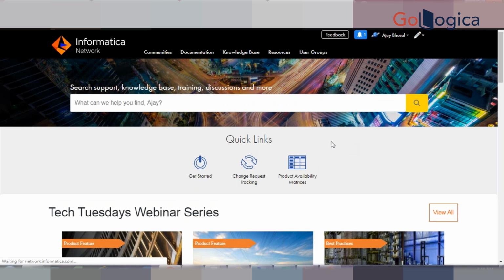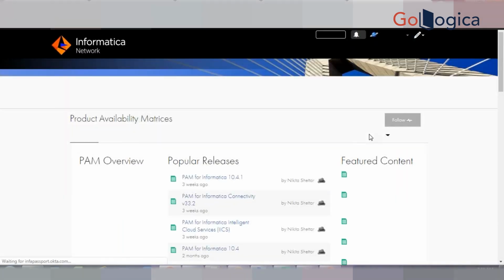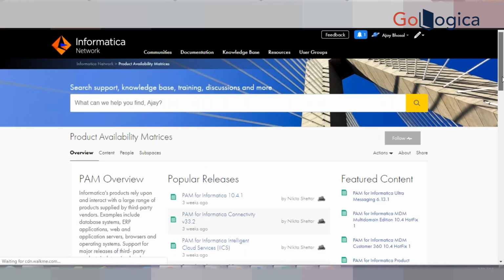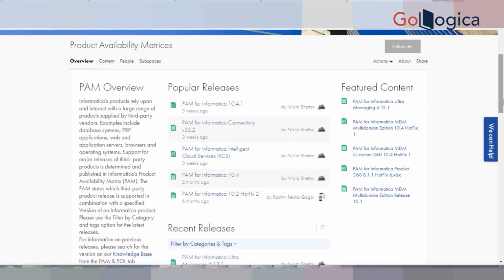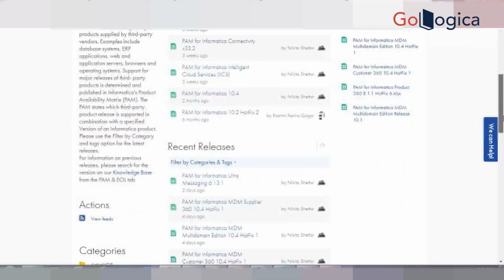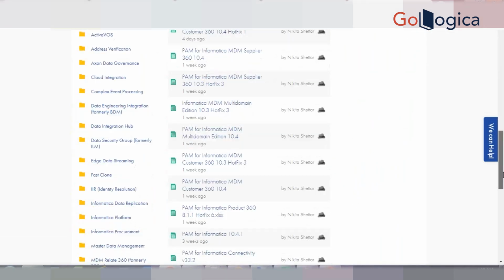So here, if you go, you can see change request tracking. So forget that. Product availability matrices. Okay, so this space is for any of your versions. When you're installing, when you want to check what is supported and what is not supported, you need the product availability matrix. Okay, now for your Informatica, if you want to check 10.4 what is supported and what is not, then you go through